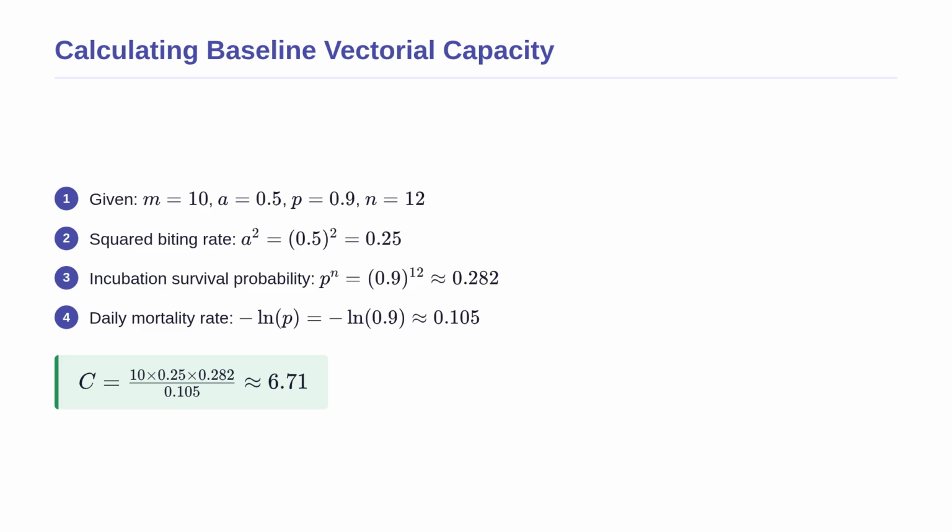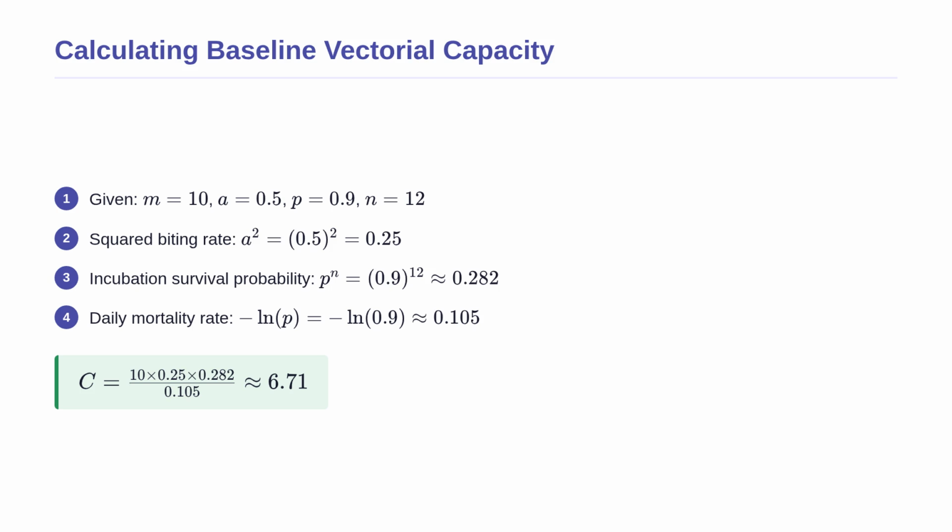Before we move on, let us see this with a concrete example. Imagine a village where health workers find 10 mosquitoes for every person, so M equals 10. Each mosquito bites once every 2 days, giving a daily biting rate of 0.5. The daily survival probability is 90%, so P equals 0.9. The parasite takes 12 days to develop, so N equals 12. We want to find the secondary infective bites from one infected person. First, we square the biting rate,